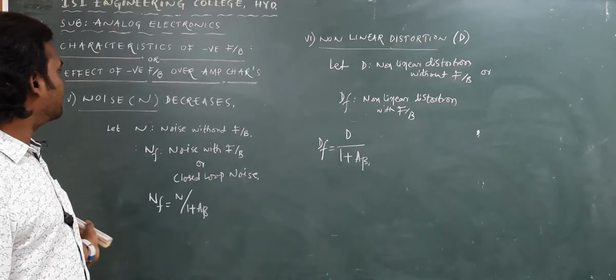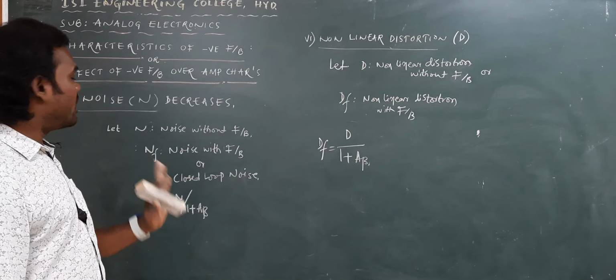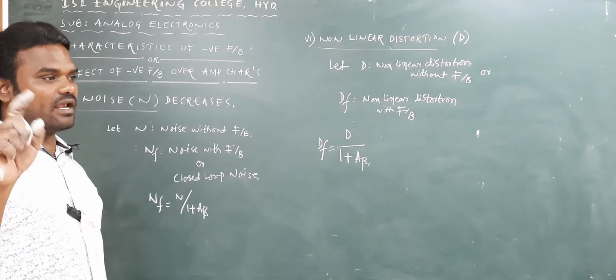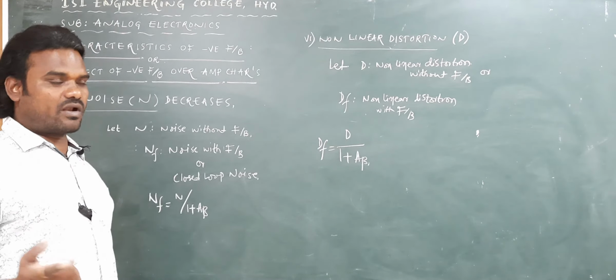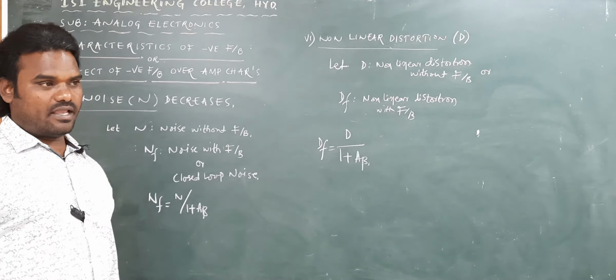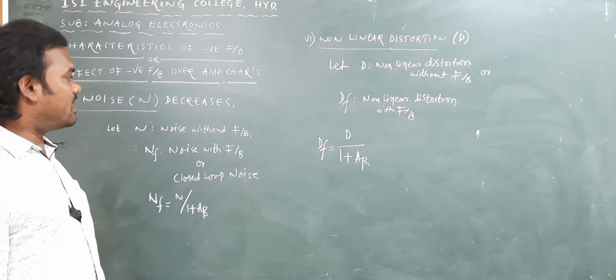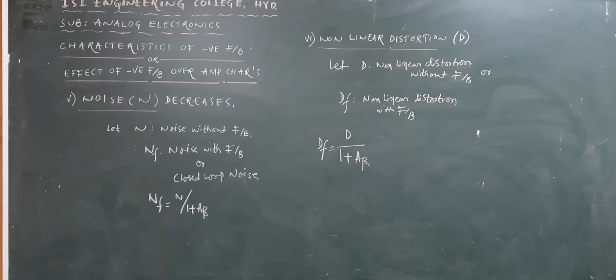With this, the third unit is almost complete, except one topic that is left, that is types of negative feedback. In tomorrow's class I am going to discuss that one. Irrespective of your timetable, I will be taking the classes, so you must attend these classes. Okay, then we will close this. Monday.